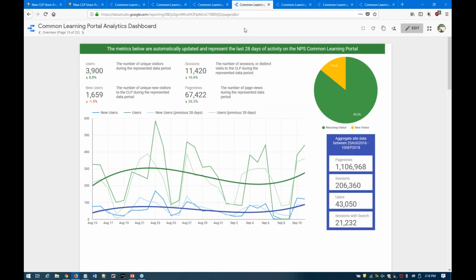This is kind of a general overview. This is for the last 28 days of activity. We've seen an increase in the number of users. We've seen a decrease, it looks like, in the number of new users we've had as compared to the prior month. This blue box on the right shows aggregate data since the pilot launched 2 years ago in August. We've had over 1 million page views now, and over 43,000 unique visits by individuals monitored through Google Analytics,